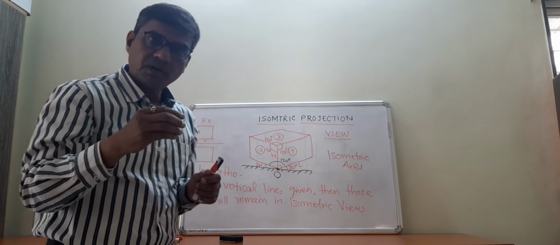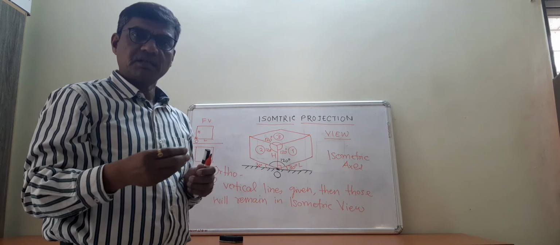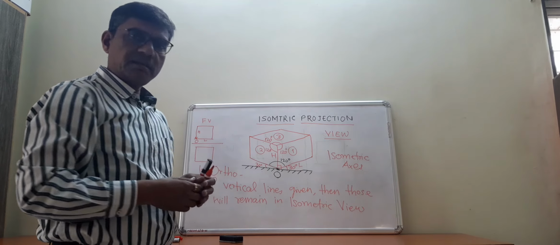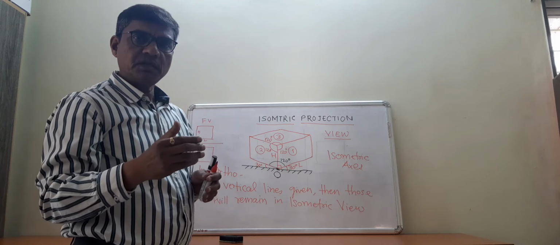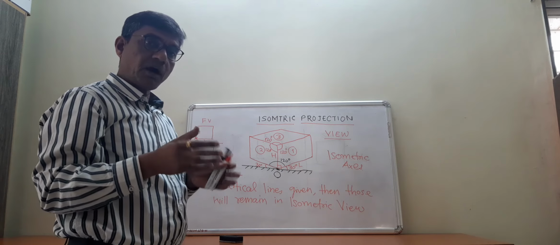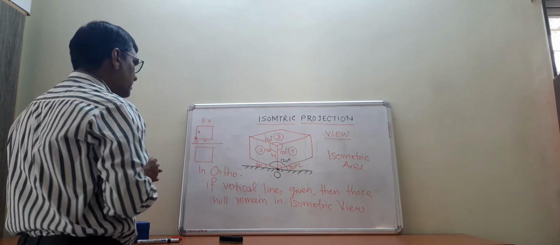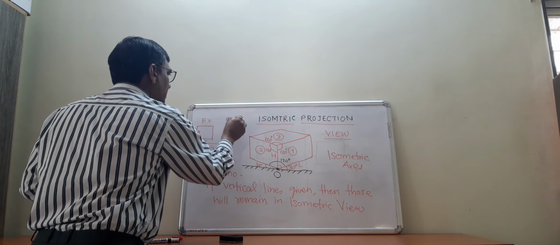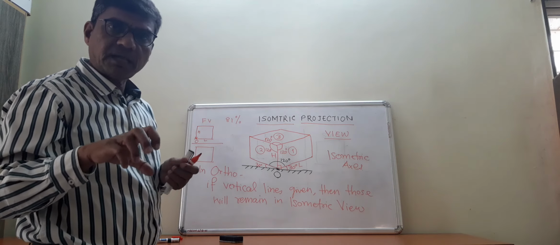So what I am repeating is that an equal proportional reduction in dimension will take place, and that is why the three-dimensional image we get is very close to the actual original dimension of the given object. But then how much reduction is taking place? That reduction is to the level of 81% as compared to the original 100% dimension.